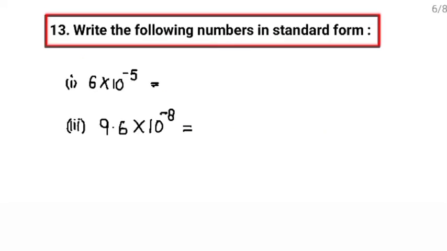Now they have given in scientific notation and they are asking to write it into the standard form. It means we will simply put the decimal. First part is 6 multiply 10 raised to the power minus 5. Clear? It means 6 multiply 10 raised to the power minus 5 means 1 upon 10 raised to the power 5. Power negative means this when we will write it. 6 ones are 6 upon 10 raised to the power 5 means 10 will be multiplied by itself 5 times. So it will become 1, 2, 3, 4, 5.